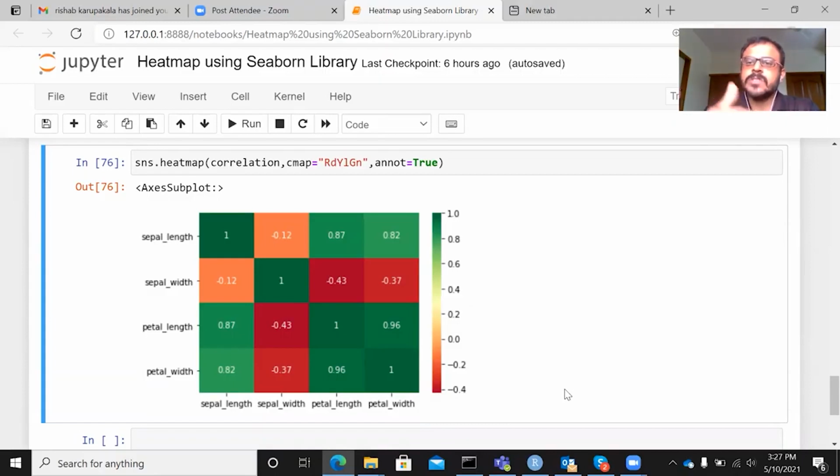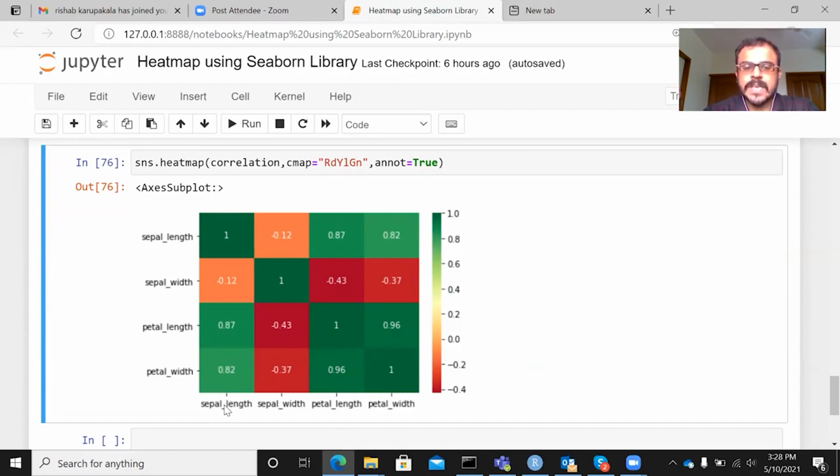So this is how you can interpret the correlation. Wherever you see a high positive relationship, it will be color coded using green. Wherever you see yellow cells, it means a moderate relationship. And wherever you see red cells, it means those two variables share a negative relationship. Now I can see 0.96. This is an eye-catching number. This is a strong positive relationship, almost equal to 1. This is between petal length and petal width, which have a strong relationship to the extent of 0.96.